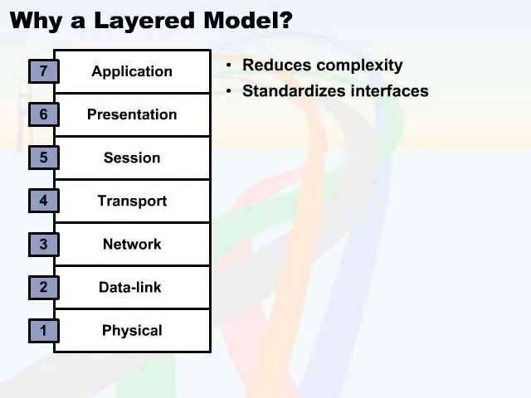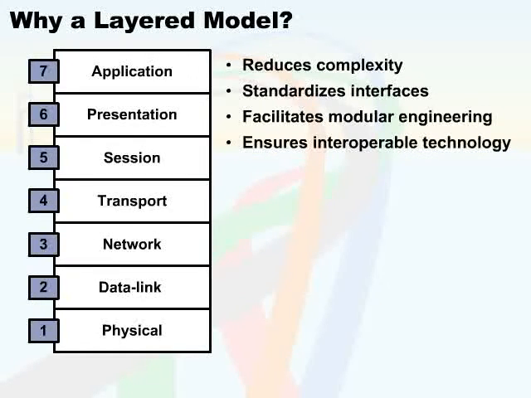In addition, the OSI facilitates modular engineering, which means that different types of hardware and software will be able to communicate with one another regardless of the type or the platform or the PC it's running on, or even if it's running on an entirely different platform, such as the Intergalactic Spaceship Alien version 4.7. As long as the hardware and software supports the OSI model, we've got the ability to interconnect. The OSI provides a technology that is, in itself, interoperable. In addition, because standards existed, it accelerated the evolution of most of the technologies that we have today.